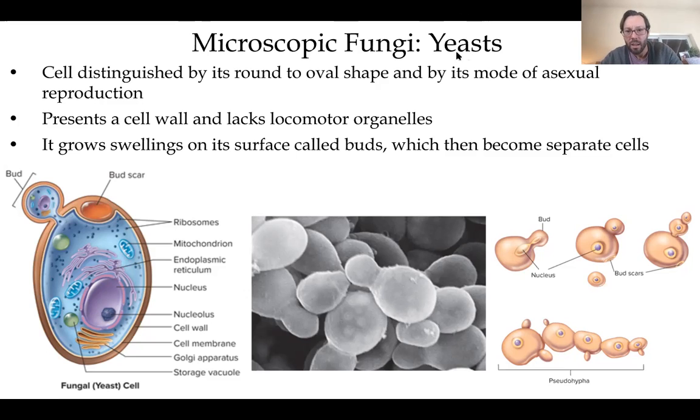So it has to contain that DNA. If you can see this image here, it's budding, part of the nucleus buds with it, and then it leaves behind this bud scar. It kind of looks like a potato in some ways, right? The eyes of the potato. And if this happens and there's a complete budding, then it stays as a single-celled organism.